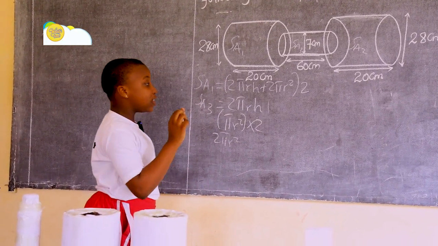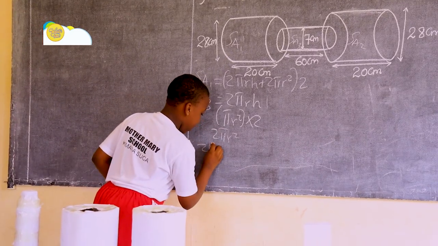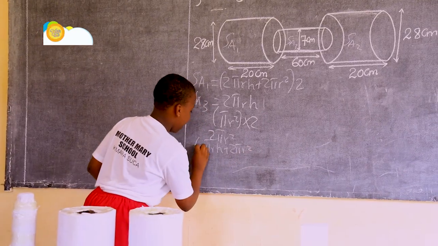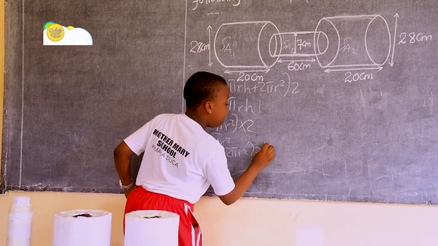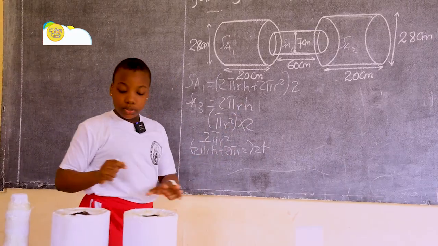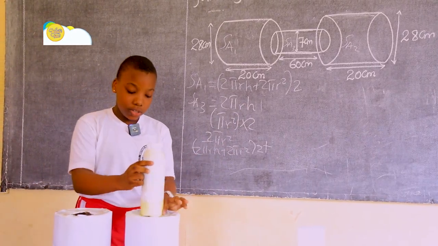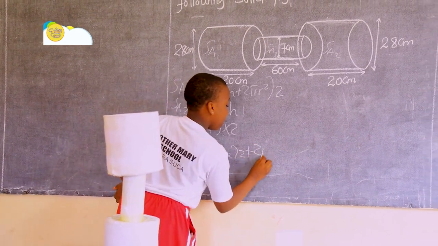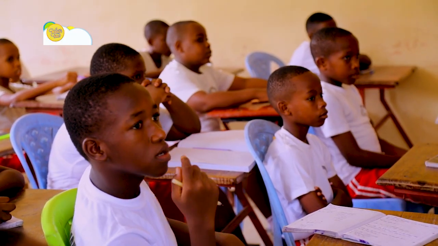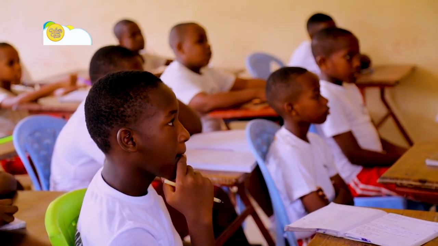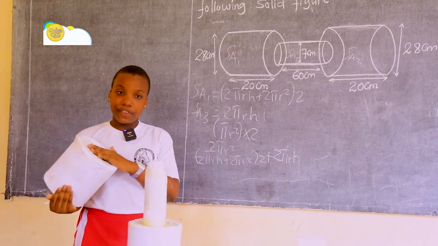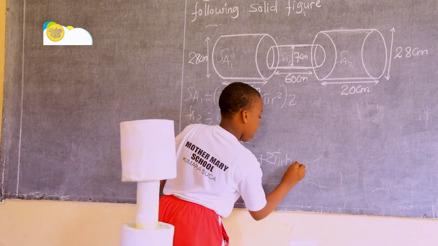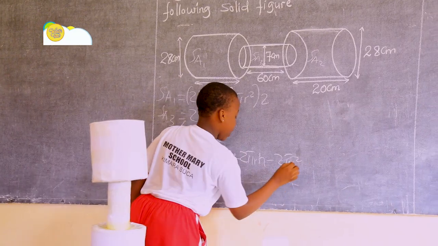So our formula is going to be: 2 pi r h plus 2 pi r square in brackets, which we will multiply by 2, plus 2 pi r h. We are going to add this surface which was also included in this figure and this figure, so it is plus 2 pi r h. Then we are going to subtract these circles which are inserted inside this figure, which made this figure have a hole, which will take 2 pi r square minus 2 pi r square.